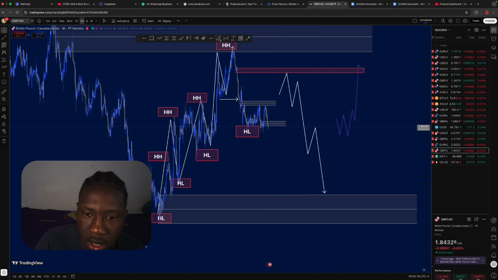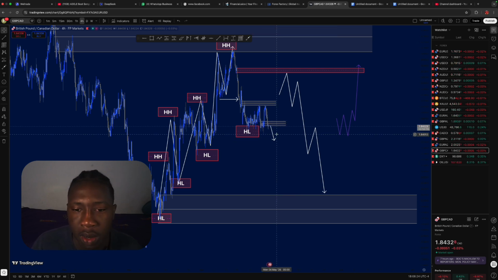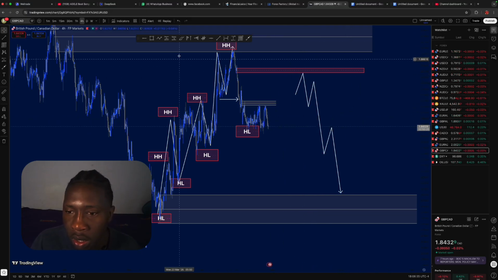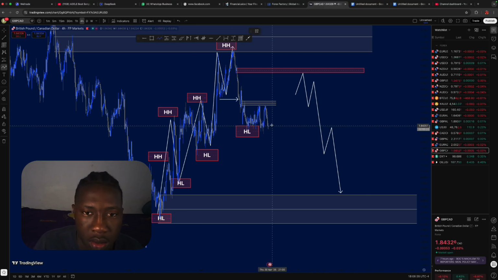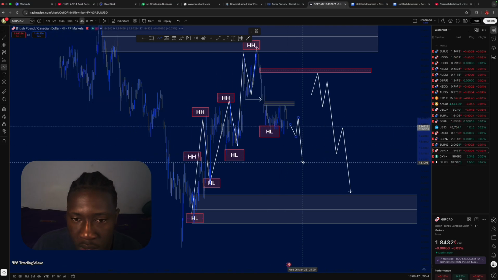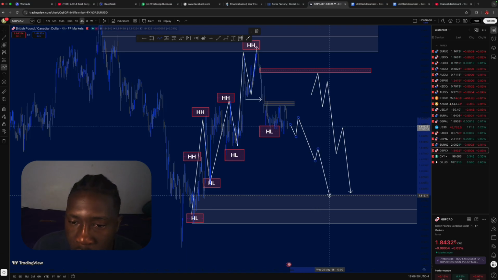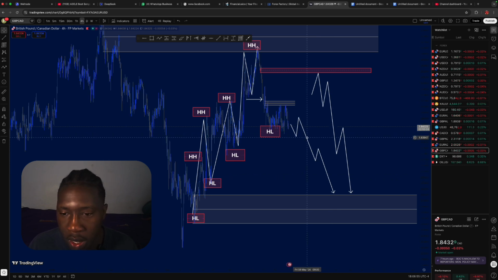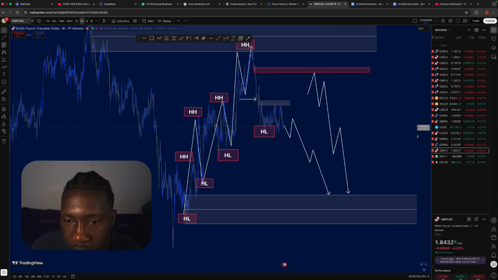What we need here is a break of structure to the downside. A break of structure to the downside. Not this one. A break of structure to the downside and a pullback for us to consider it on this supply zone, and then we'll continue taking the market to the downside when the CAD continues to have its strength,